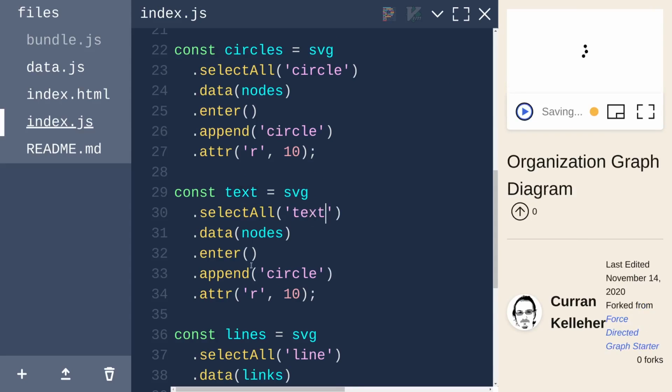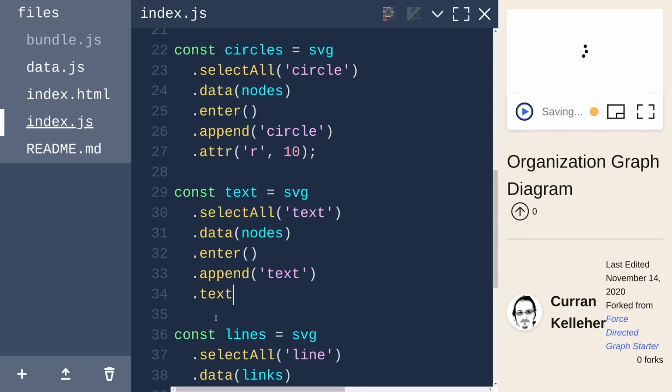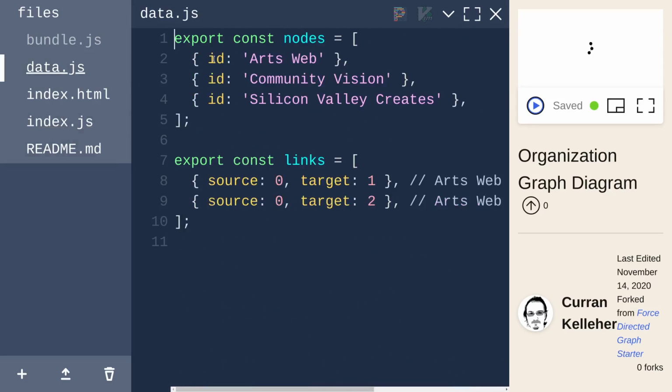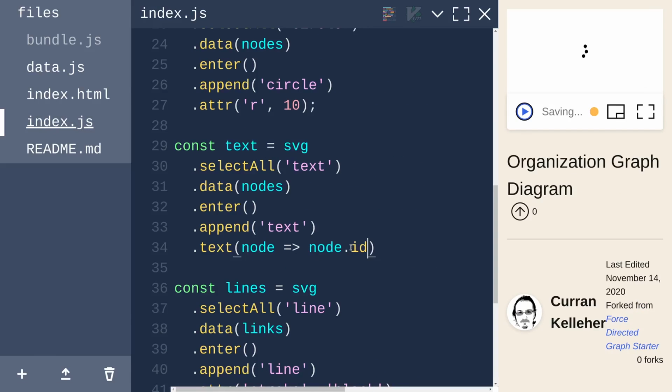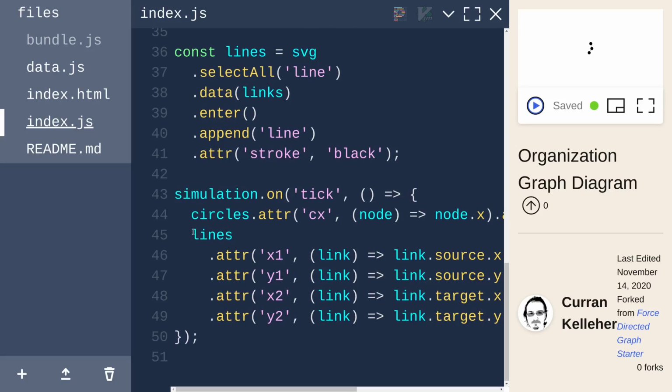Select all text elements, append the text, and then I believe the way to set the text content is to say .text, which is different than .attr, and then pass in node dot, what was it called? I think it was called ID. Yeah, node.id. This will just establish the text elements, but they won't be in the right spot unless we update them along with the circles